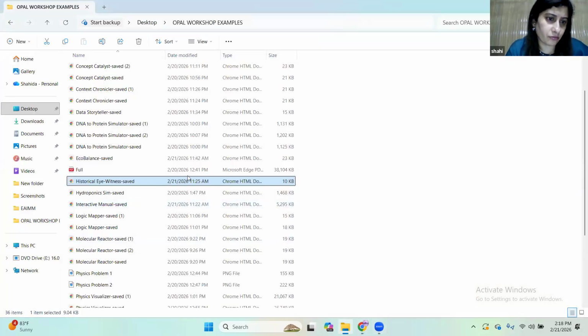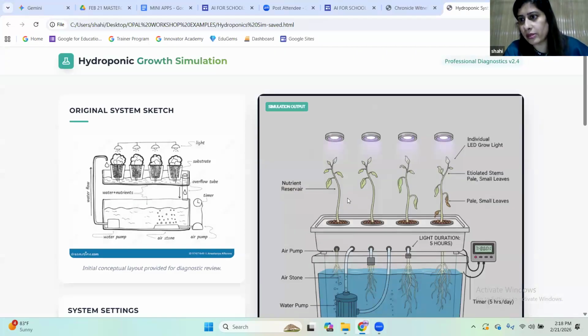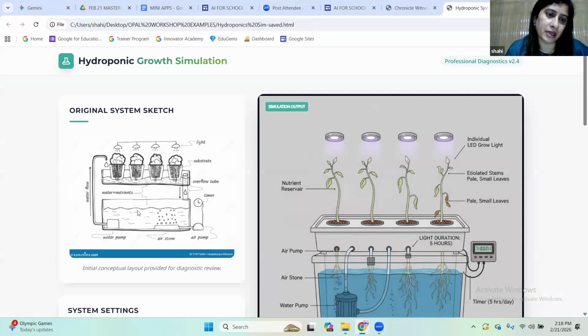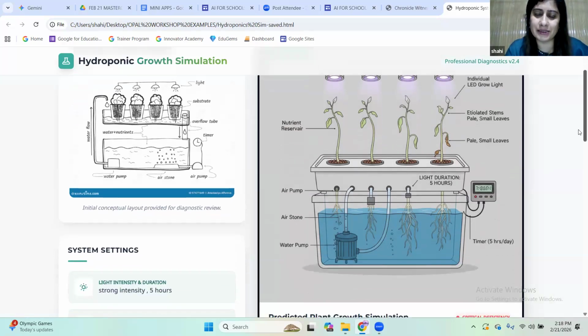Then okay, another very nice app which I had created was again very specific, very niche, related to a topic, and that was the hydroponic growth simulation. I have programmed it in such a way that it asks me to give the diagram which the student has drawn of this hydroponic system. I gave this input, and it analyzed the diagram.